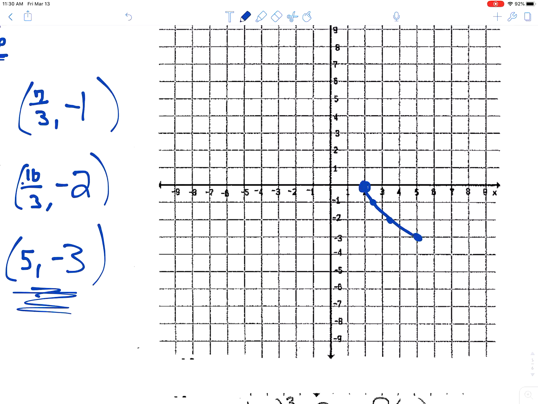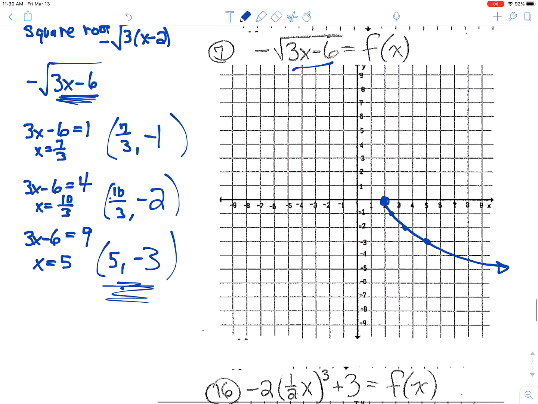That's going to be, I'm going to make it a little more curved. That's going to be my square root function. This is, what did I call it? Negative square root 3x minus 6. That's what it